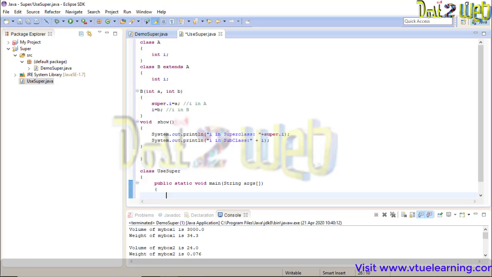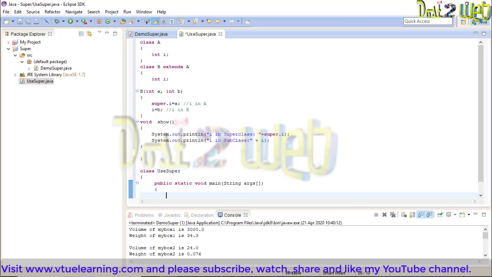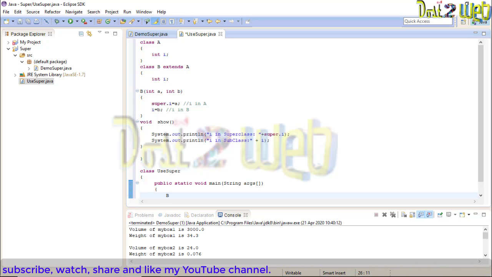Okay. Now we have to create the object. How to create the object? You know very well. What is the subclass name? That is class B. I'll write B, then the instance variable name, that is the object name. You can write anything: myobj is equal to.